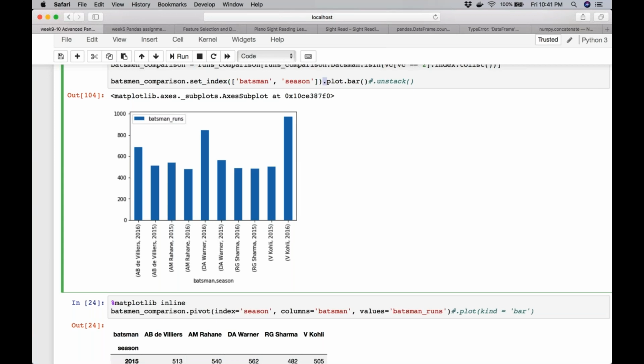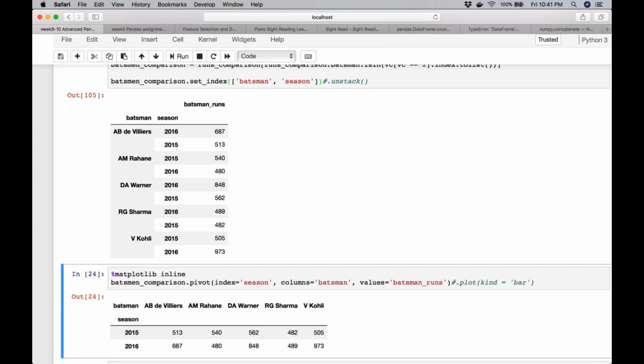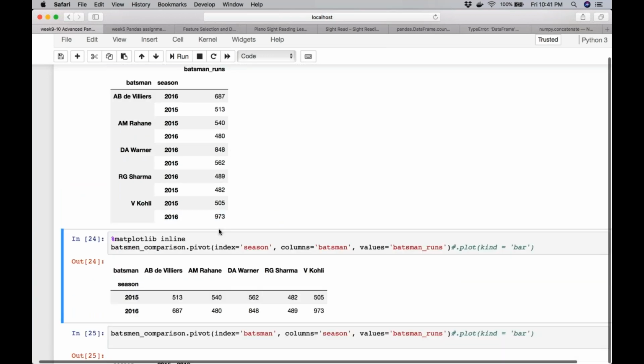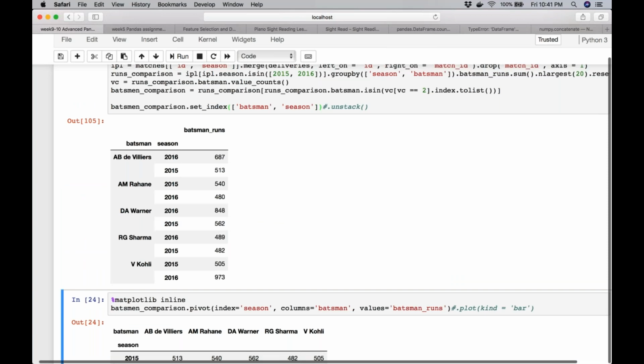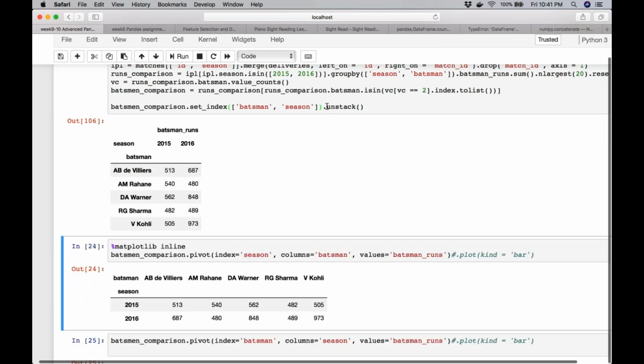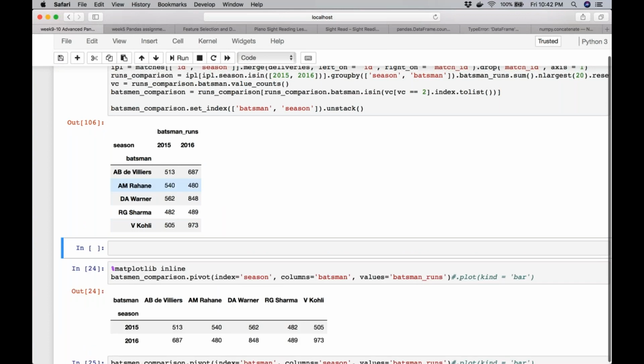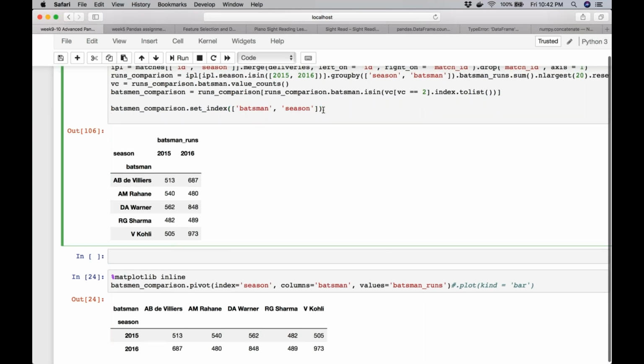So we had to use the pivot. At that time, I told you not to worry about the pivot part of it. So now we're going to worry about the pivot part of it. Ideally, what can you do? Using what we learned just now, I can use an unstack on this. So when I say unstack, this is the structure that I got. In fact, let me add a cell here so that it becomes a little more clear and easy for you to compare.